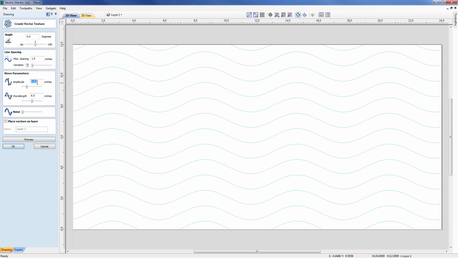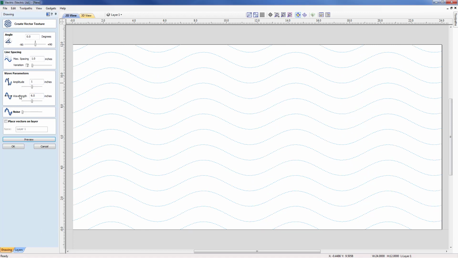I'm going to set this back down to 1 inch, and we're going to come down to look at wavelength. Now, wavelength is the distance between two peaks or two troughs, and it will affect the number of waves we're going to get across the screen. So in this case we've got 6 inches set, so on our 24-inch part we will essentially get 4 waves,